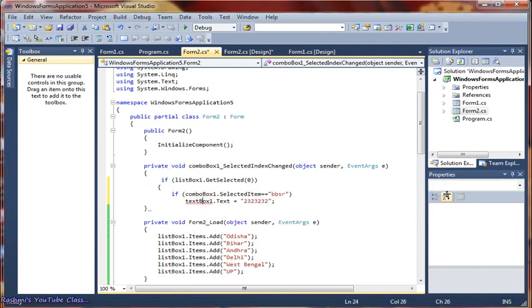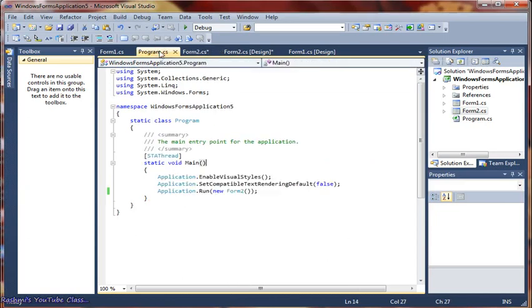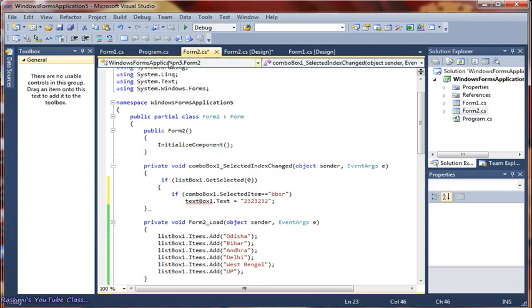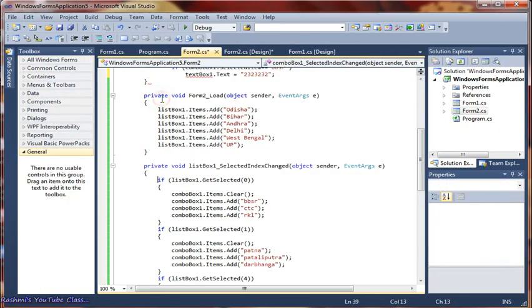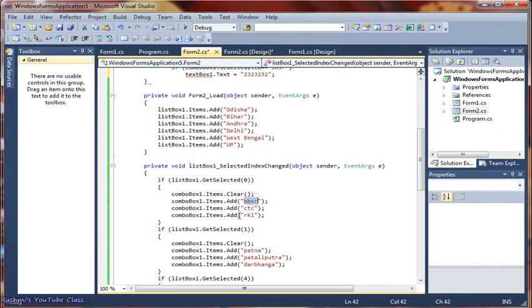So the coding will be: if combo box dot selected item equal to BBSR. You see the first item is BBSR or not. Here the first item we have added, whether it is BBSR or not, you check. Yes, it is BBSR.